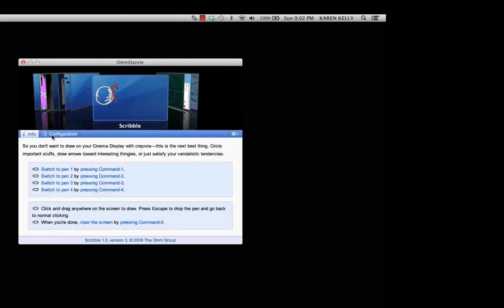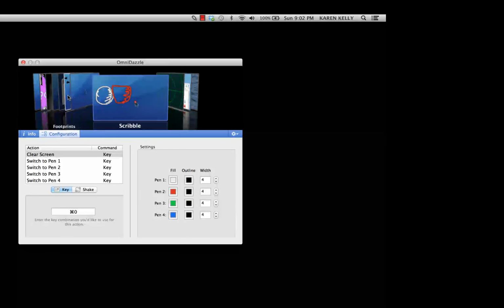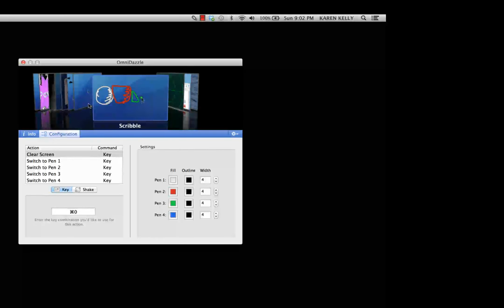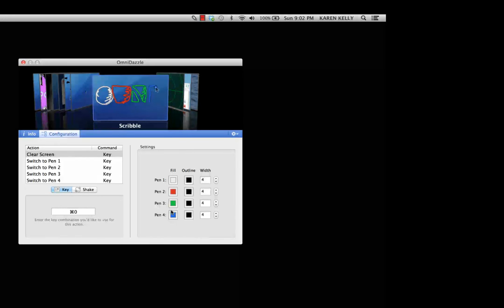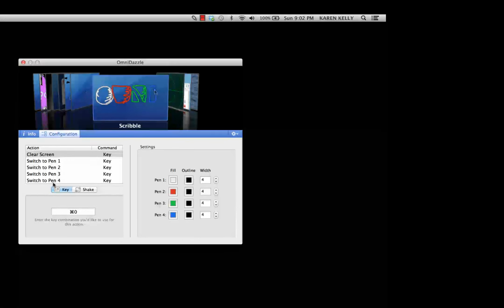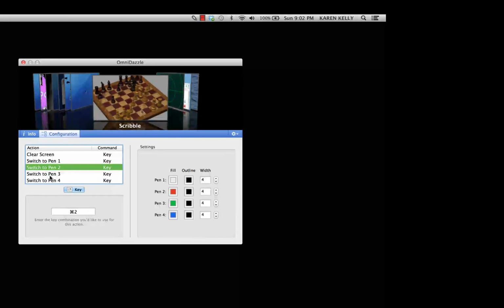So you'll click on Configuration. And by the way, there are lots of other cool effects, but we're really just concerned about this one that's called Scribble, which is for drawing. And you can see that there's 4 different pens, white, red, green, and blue, that are shown here, and you can set up your own keystrokes for them. And so I just call them,